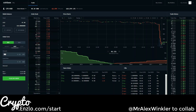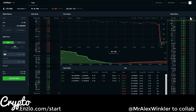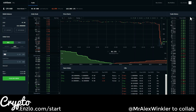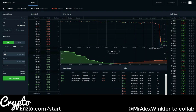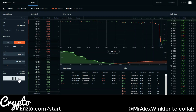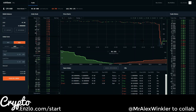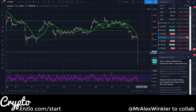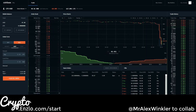So I just entered Litecoin support line bounce, or I don't know what you would want to call this. This is a straight waterfall crash. I entered at 47.80, so not too bad of an entry. This should be pretty interesting. Let's see if we can get out right away. The reason I entered is because honestly the selling pressure was really just dropping hard. This would be a massive bounce if we got anything up to here, but sometimes you get one of those flash bounces. I'm probably being way too aggressive right now with this one,